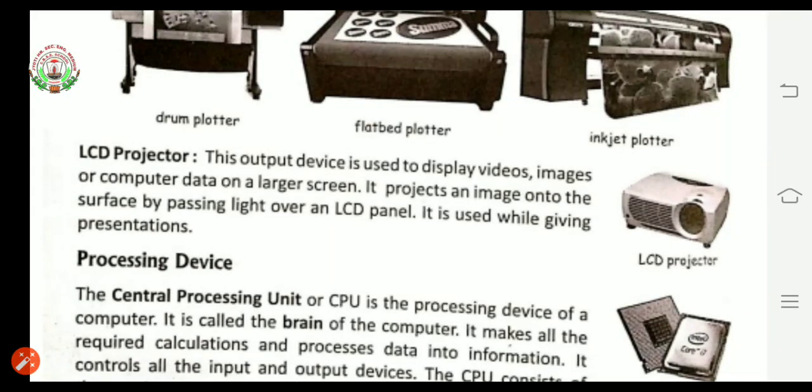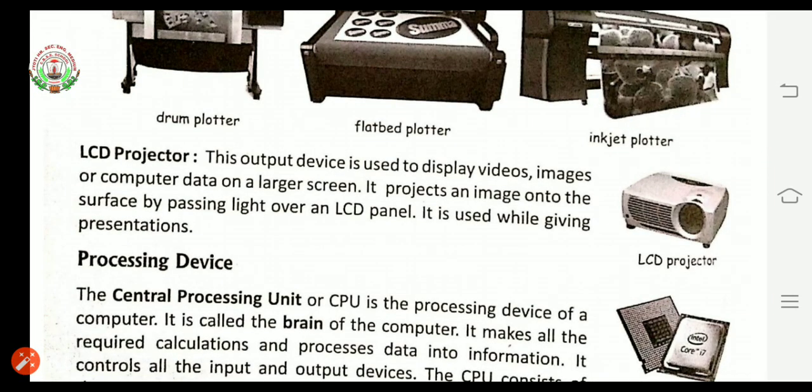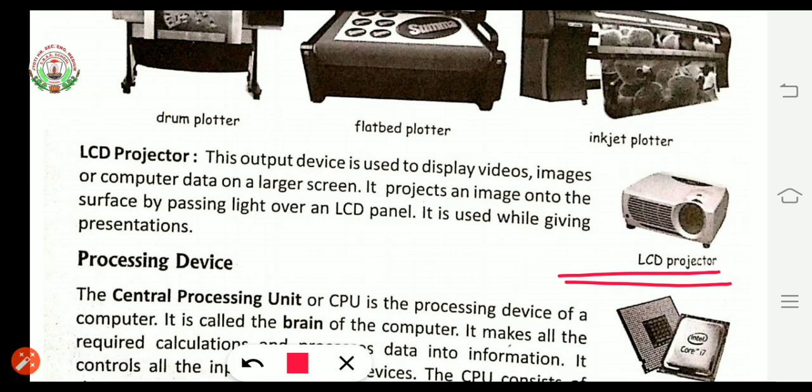But if you want the same video or images or computer data on a larger screen, then we have to use this LCD projector. It projects an image onto a surface by passing light over an LCD panel.